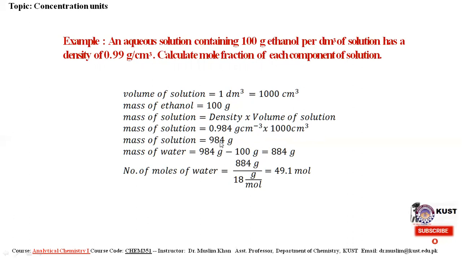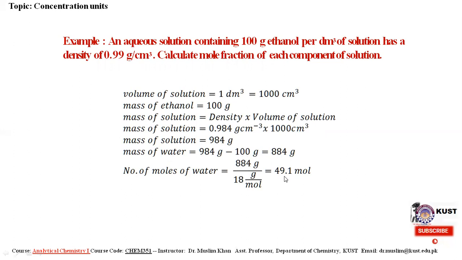So mass of the solution is 984. So 984 minus 100 gives the mass of water, because in a solution you have this 100 gram of solute and the rest is solvent, because in a solution there are only two components. So mass of water will be 984 minus 100, this is of solution and this is of solute, which is equal to 884 gram. So number of moles of water will be equal to 884 divided by molar mass of water,